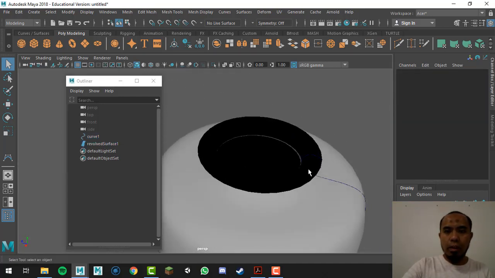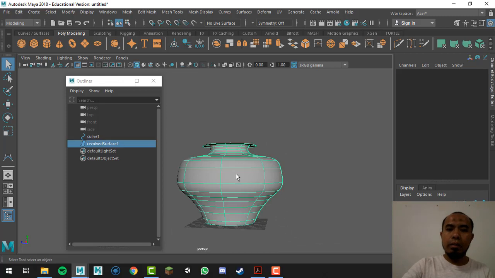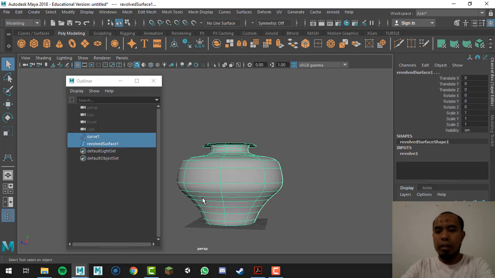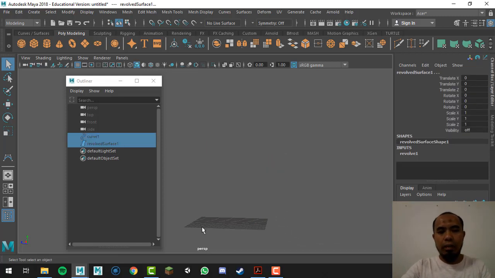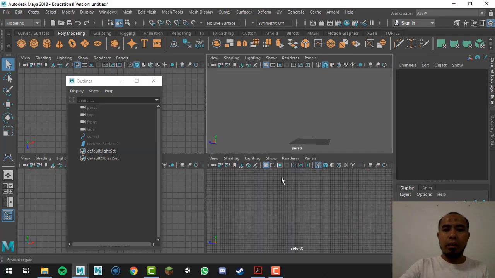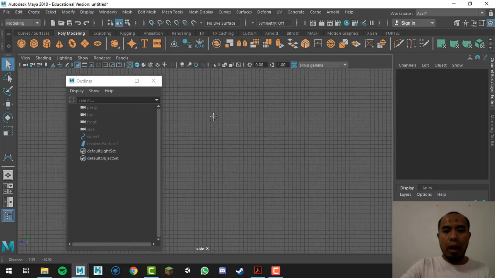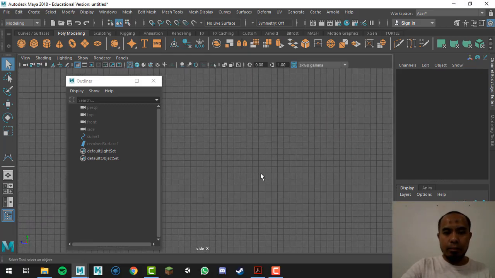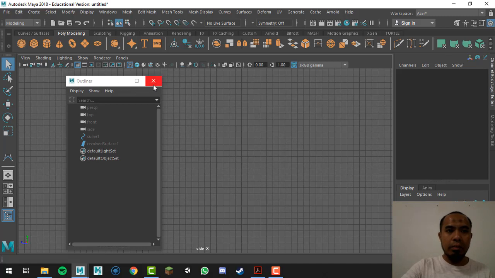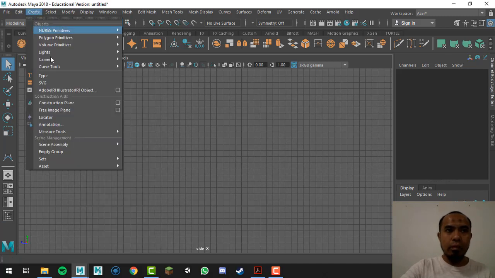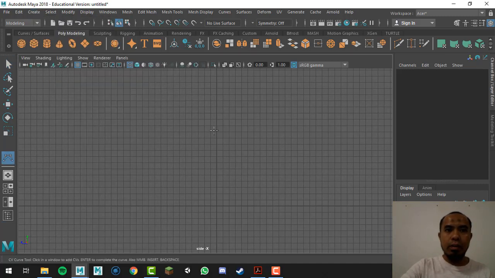Now if you don't want that black thing happening, you need to give it some thickness, right? So what I'll do now is I'll just hide everything now. I will build a new... how did I hide? Okay, I pressed H on my keyboard. Now I will actually build a new curve, and this time around I'm going to do it a bit different. So I go to create curve tools, CV curve tool,